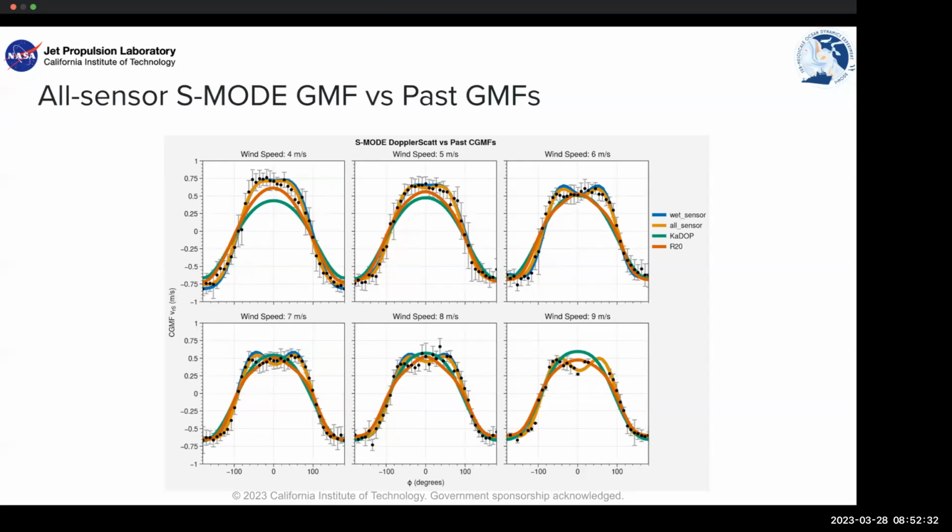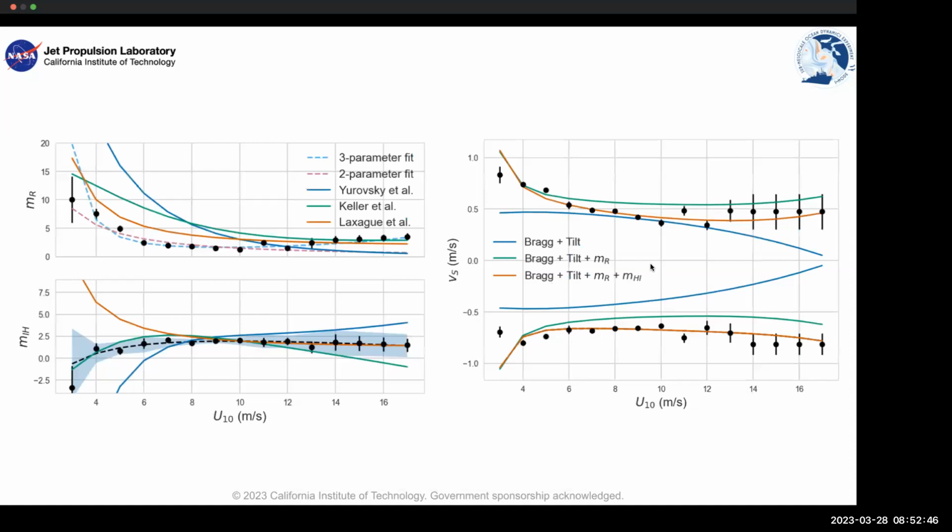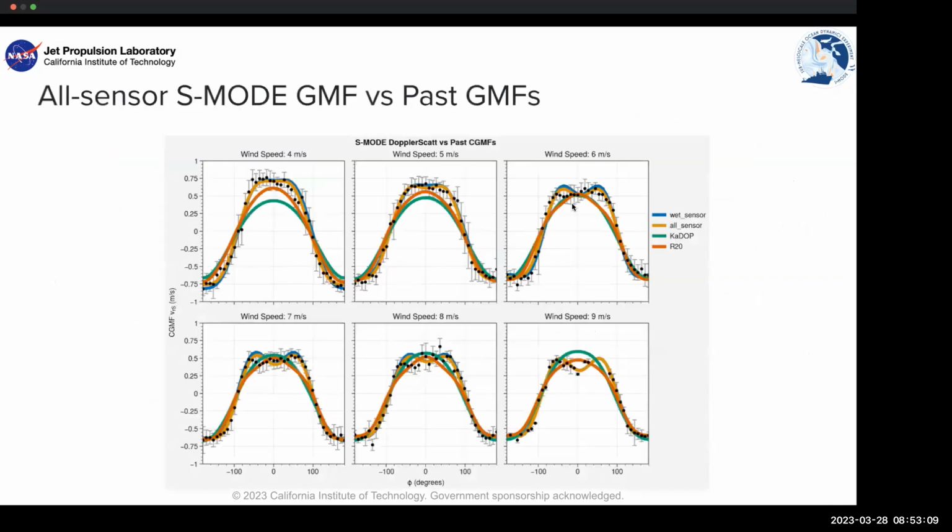So, great. It may be that the way to think about it is that this empirical function is a constraint on the modeling, as we try to understand this, as I tried to do here with the modulation transfer function, to try to understand where the physics are. So is it Bragg plus tilt? Is it Bragg plus the hydrodynamic modulation transfer function? And you can see that using that simple theory, you can explain the upwind downwind differences pretty well, but you still cannot explain pretty well these differences at